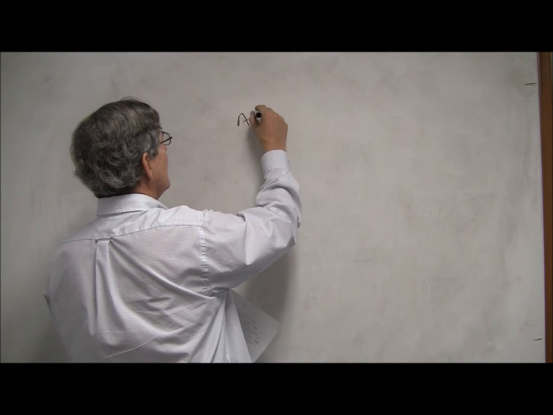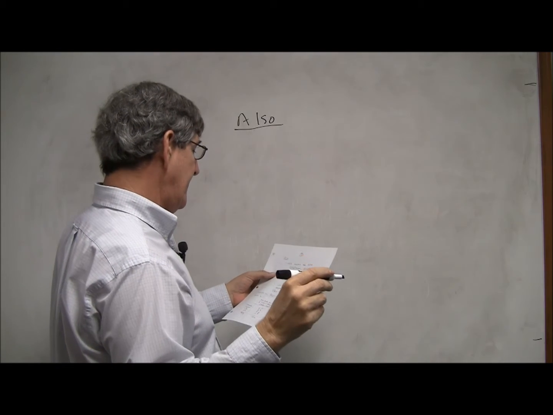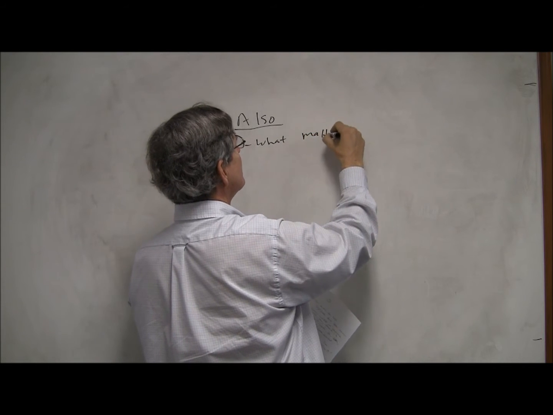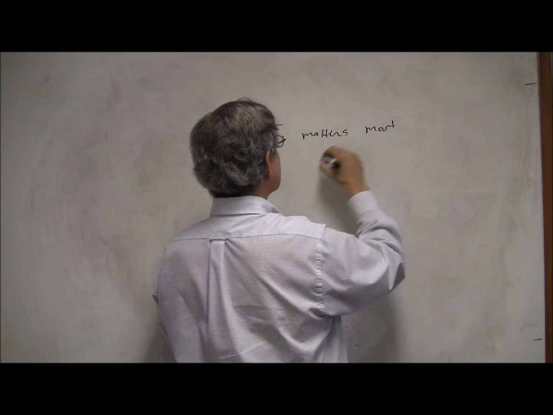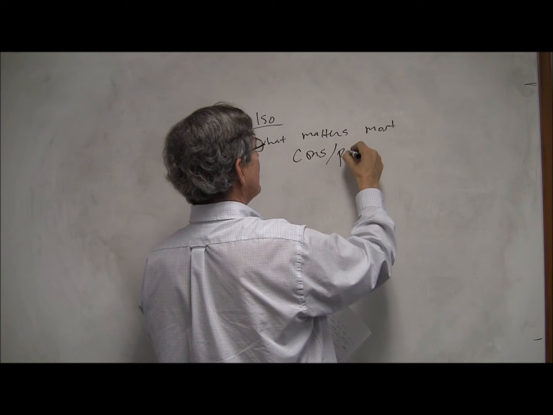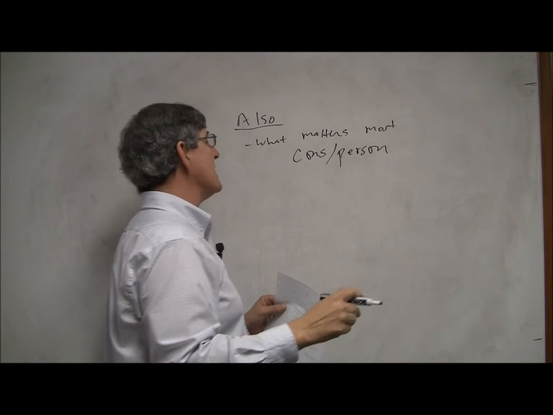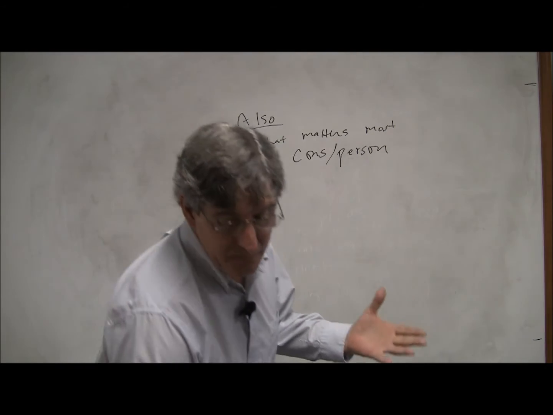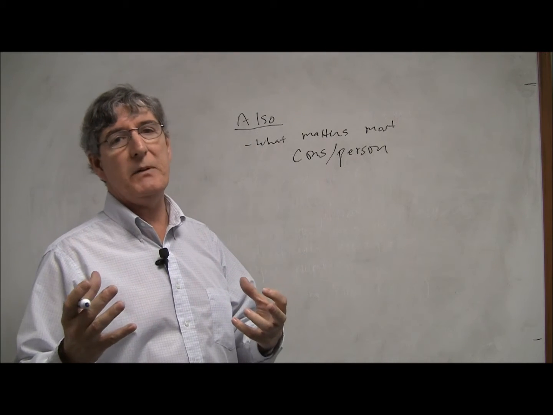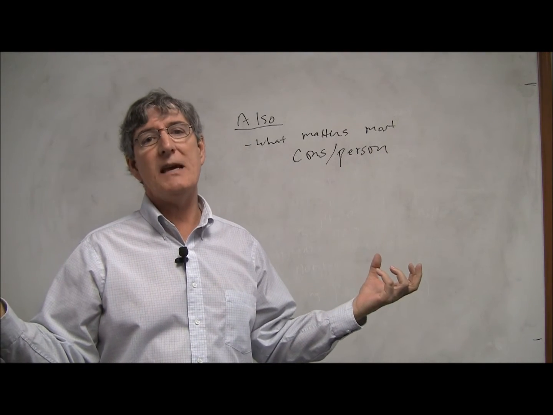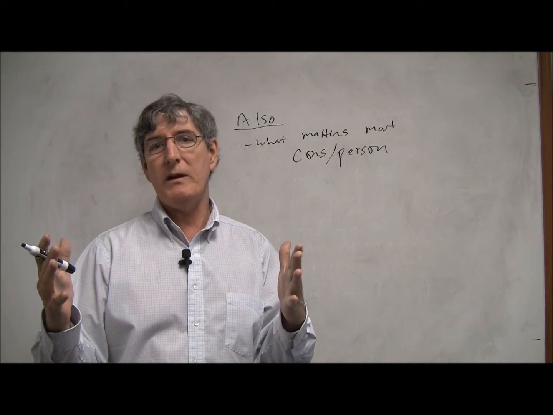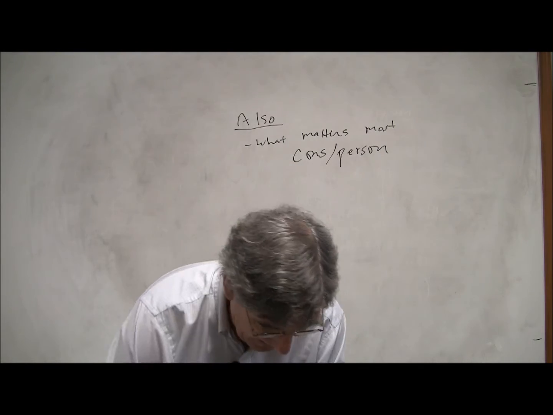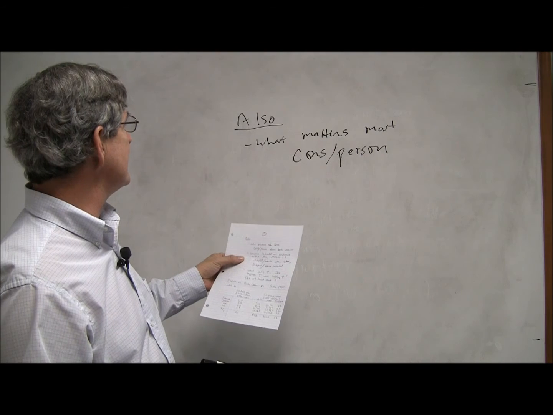Some other things. I've used GDP per capita, but what probably matters more is consumption per person. So we can use GDP per person or consumption per person. That could be different. For instance, in China, investment is a much larger fraction of GDP than it is in the US. So even if they had the same GDP, consumption per capita would be lower because they're putting so much into investment. And so often what we really care about is how much on average each person is consuming.